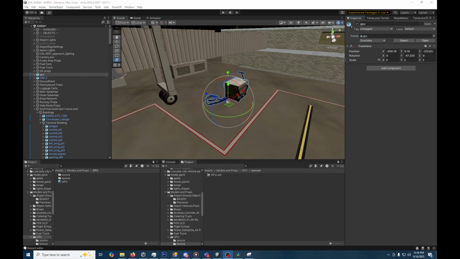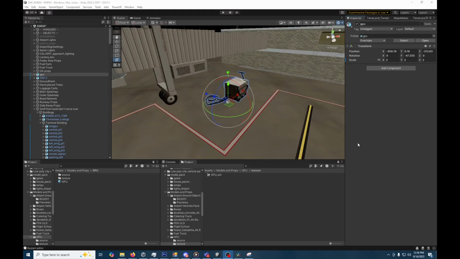One more thing that I have to show you is how to specify your prop, this GPU unit that we added, for example, as a decor object. Decor objects is a setting in TS3 that a player can use in their graphics settings to decide how much of these decor objects to spawn or not. So by adding these objects